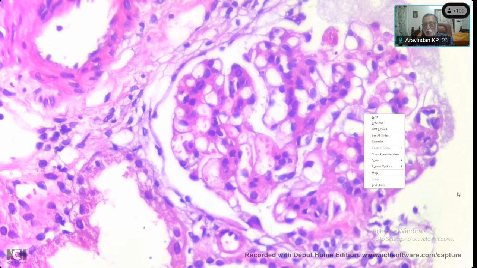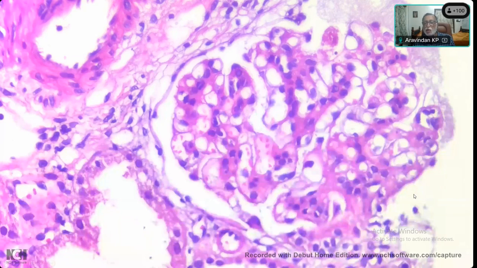When I use the pointer, I can't seem to be able to get back easily. See, can you see this? 1, 2, 3, 4, 5, 6, 7, 8, 9, all bunched together in the mesangium. Yes, sir. This is mesangial proliferation, hypercellularity. This is a very typical picture that you see.